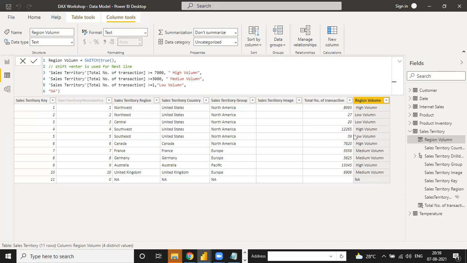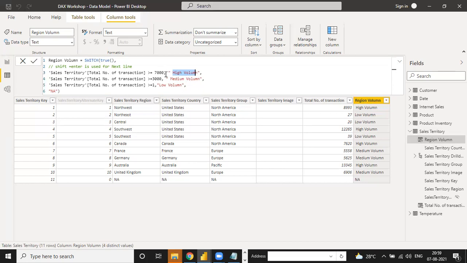The first condition is used on all the rows first. Then, once the first condition has used all its values, it disables these rows. Means the High value rows are disabled, then it uses only the remaining rows with 3,000. That is the reason more than 7,000 chooses only High Volume, and below 7,000, because we are not putting here any less than 6,000. Okay, less than 7,000 we are not putting here anything, but the value is automatically taken as Medium for less than 7,000.